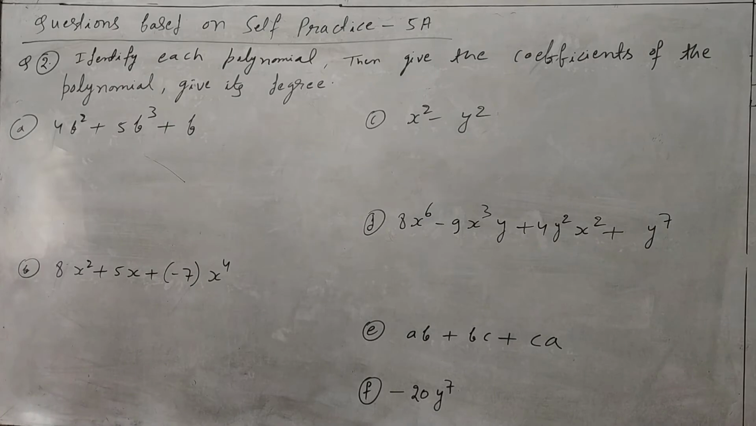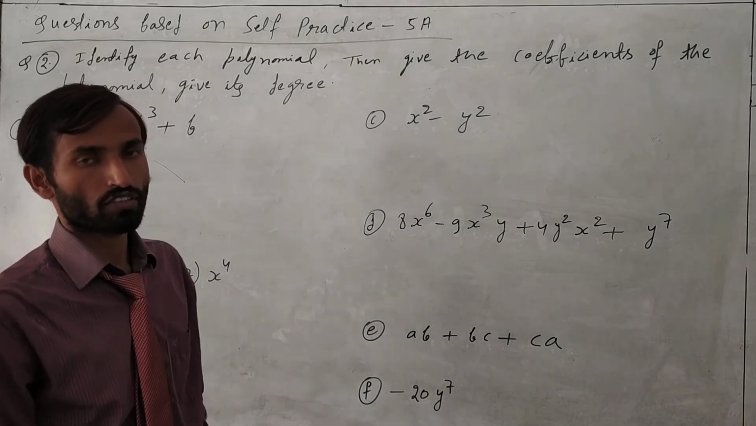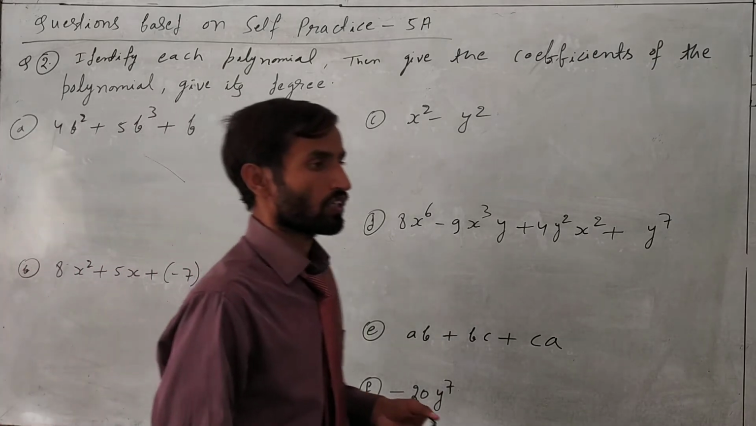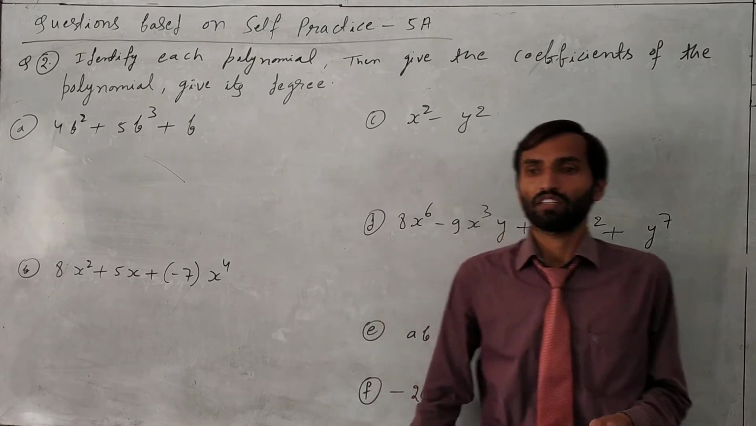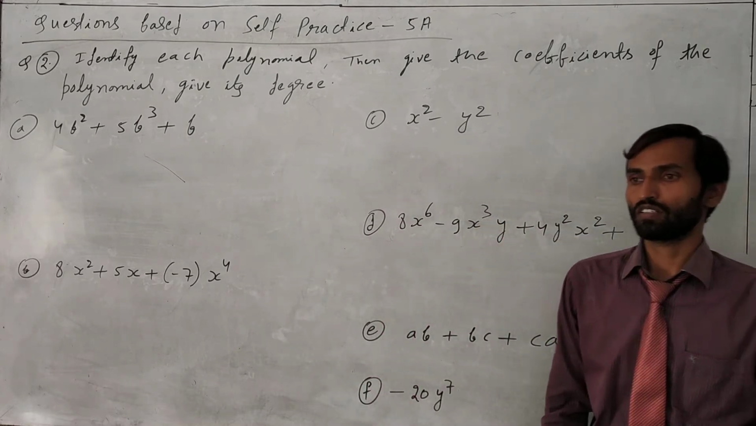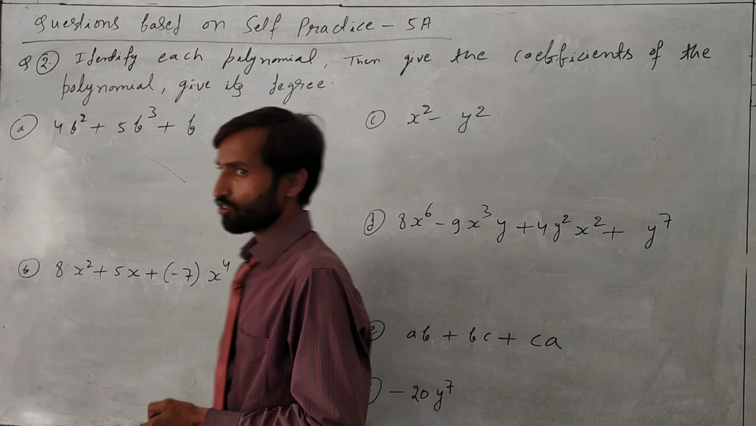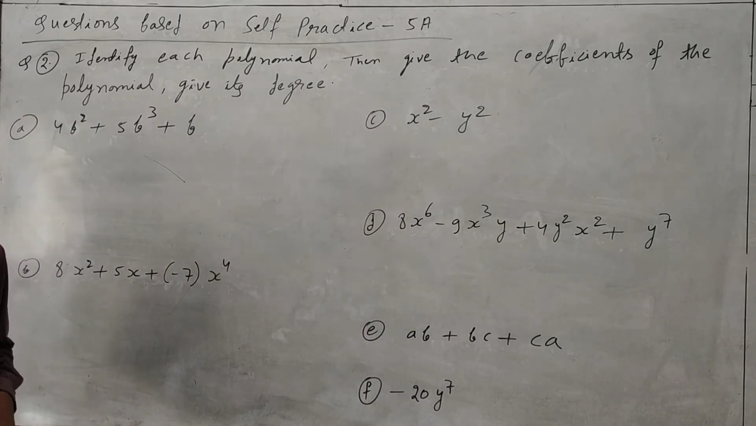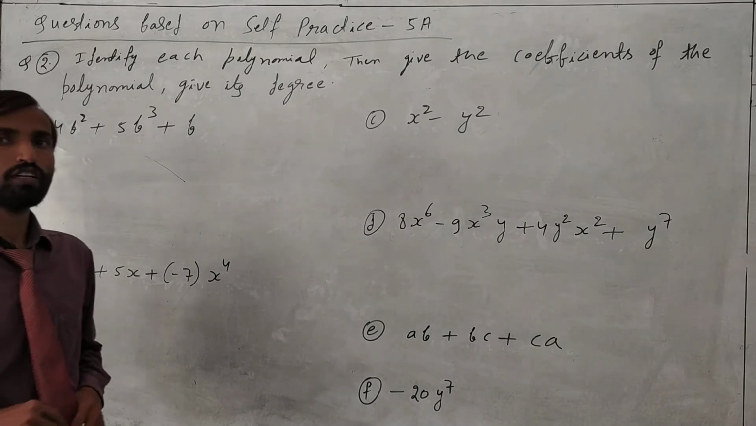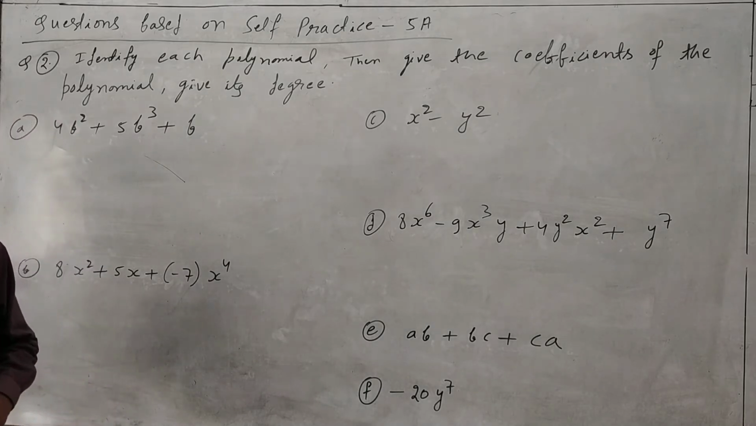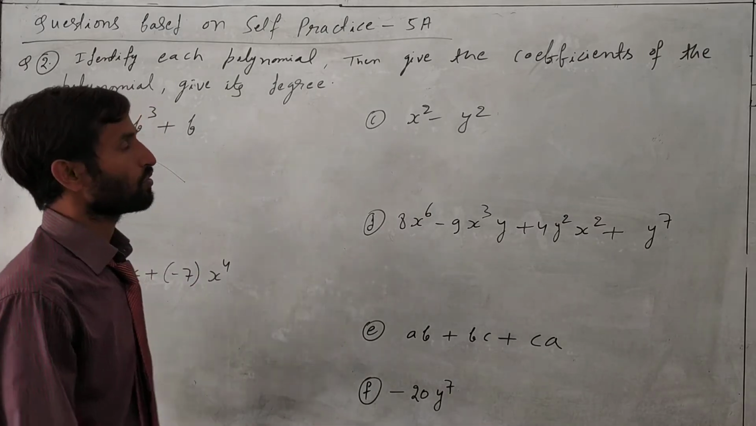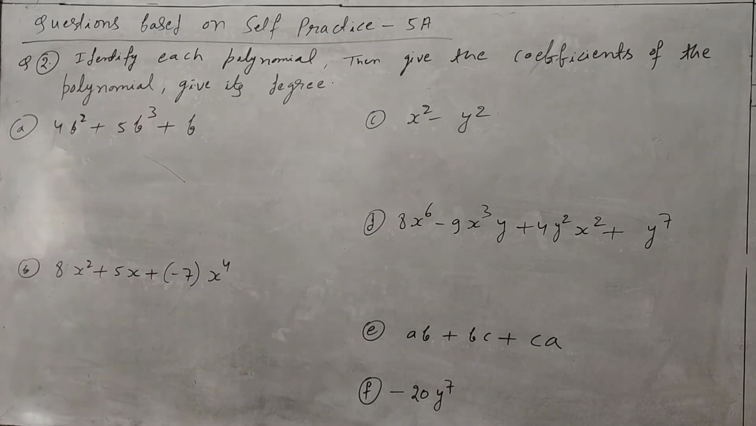Last video I explained question number 1 of exercise Self Practice 5A. Before that I explained the basics of algebraic expressions, some definitions: terms, degree, what a coefficient is, types of polynomial, and the definition of polynomial. So these I have already explained. Based on that explanation and concept, we have to do the questions of Self Practice 5A or